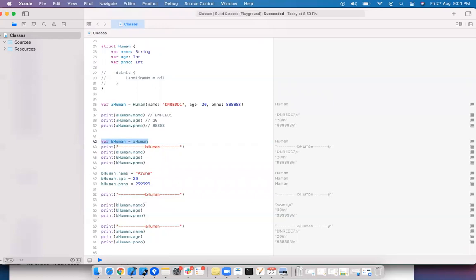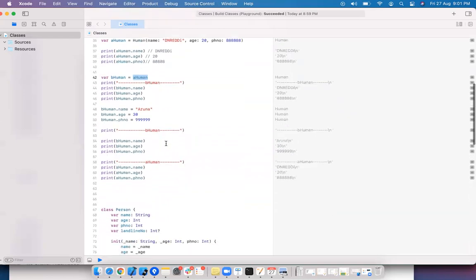Here, there are actually two persons. When you change one person, only that person's properties get changed. When you change A person, only that person's properties get changed. Here I am changing the B, so only B is reflected but not A.